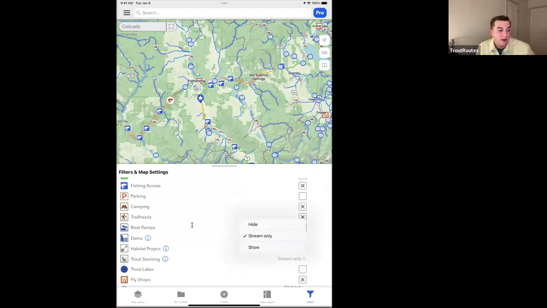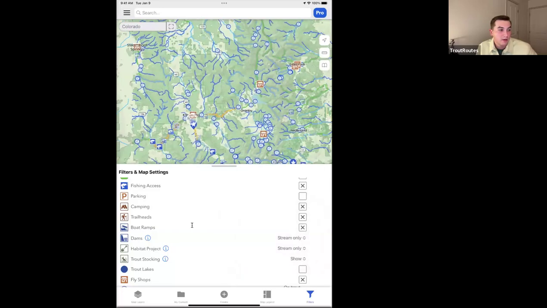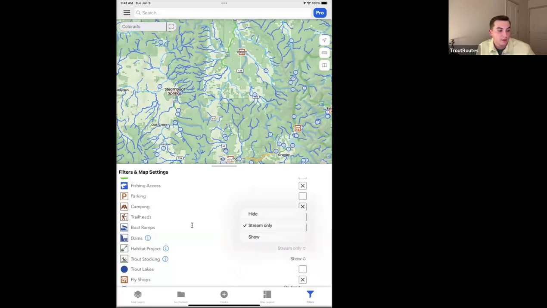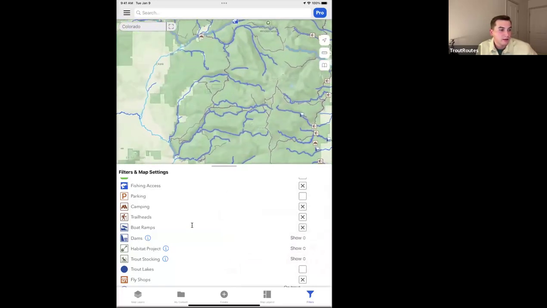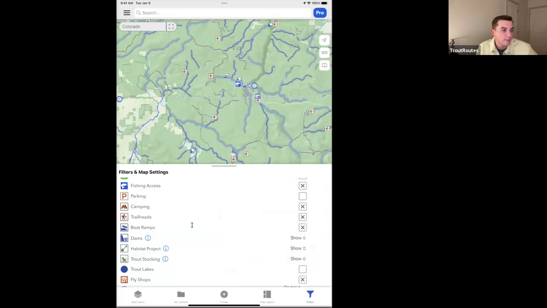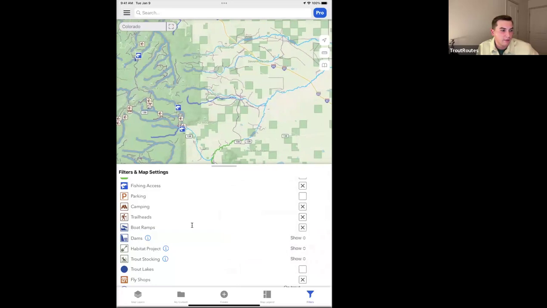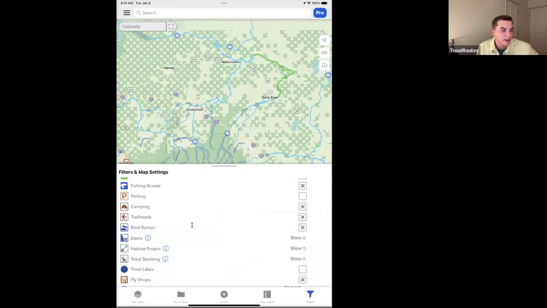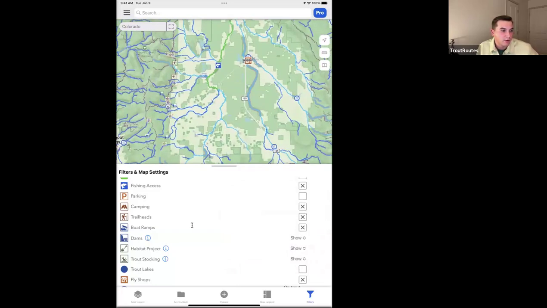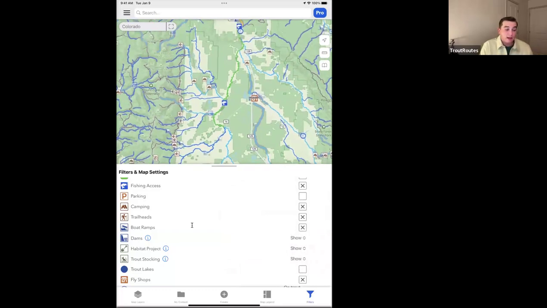So if we go to show all the time, we should be able to start to see some more icons pop up if we get into the right area with some stocking information and things like that. But I won't waste too much time scrolling around the map, but that's going to be kind of the overview